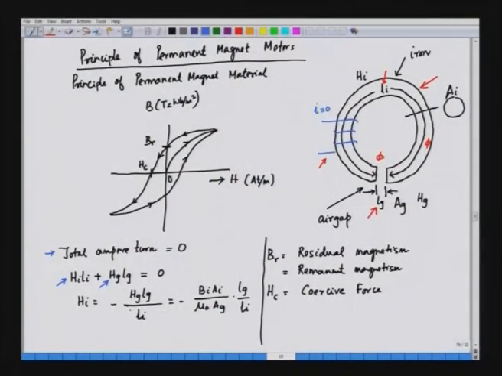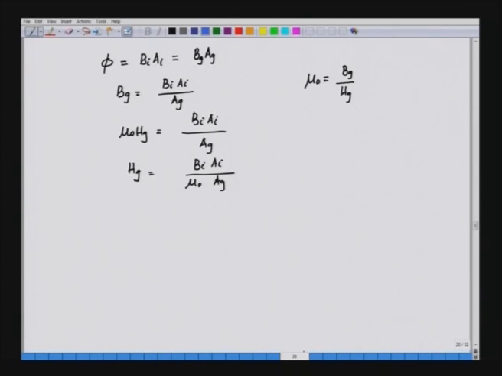What we will do right now is that we will be replacing this Hg by Bi Ai by Ag, because we know since we have a common flux, we can say that the flux is equal to flux density into area. So, phi is equal to Bi Ai. The same flux is also passing through the air gap, so that is equal to Bg into Ag, or we can also say that Bg is equal to Bi Ai by Ag, and from this we can find out what is Hg. Hg is given by this expression,